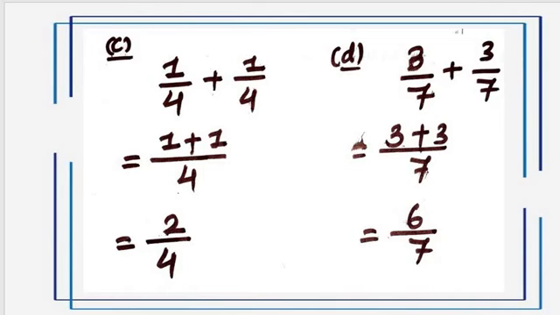So now we write the answer, my dear students, is equal to 1 plus 1 upon 4. See this, how do we write 1 plus 1? Because of the numerator, 1 plus 1, how many? 2. So we write 1 plus 1 upon 4, and here 2 upon 4. This is the type of question we are going to do. So the answer is 2 upon 4.